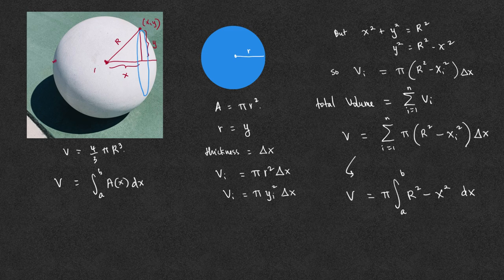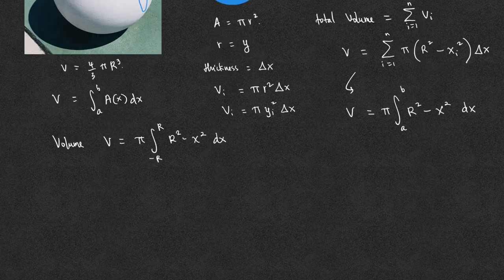If we put the center of the sphere at the origin (0, 0), then all of the slices run from x equals negative R to x equals R. And so the lower limit of integration is negative R, and the upper limit of integration is positive R. We can just integrate from 0 to R by doubling the integral